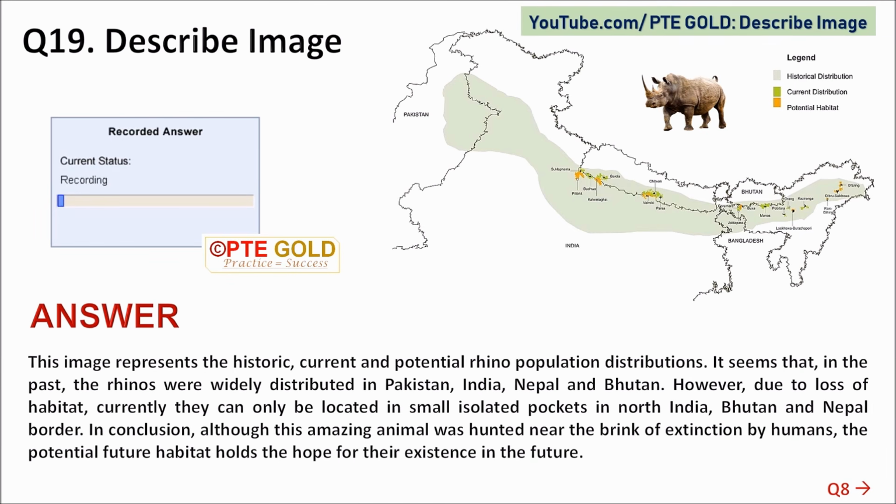This image represents the historic, current, and potential rhino population distributions. It seems that, in the past, the rhinos were widely distributed in Pakistan, India, Nepal, and Bhutan. However, due to loss of habitat, currently they can only be located in small isolated pockets in North India, Bhutan,